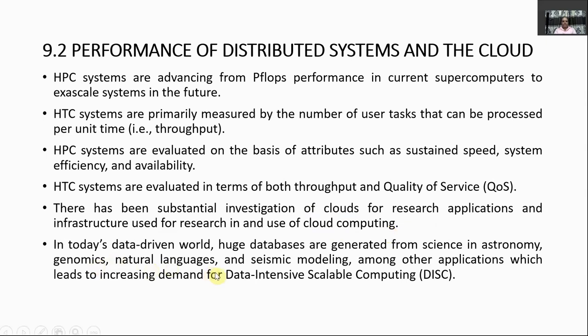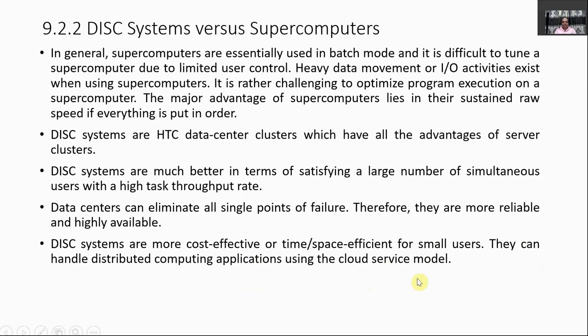In today's data-driven world, huge databases are generated from science in astronomy, genomics, natural languages, seismic modeling, among other applications, which leads to increasing demand for data-intensive scalable computing. So, we need to see what data-intensive scalable computing systems are and how we can compare them with the